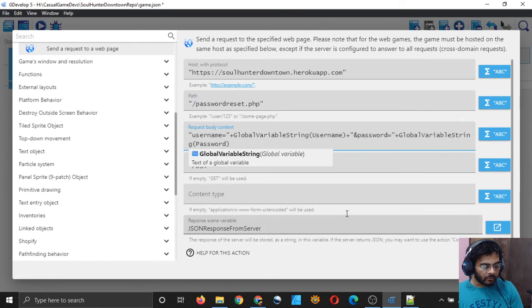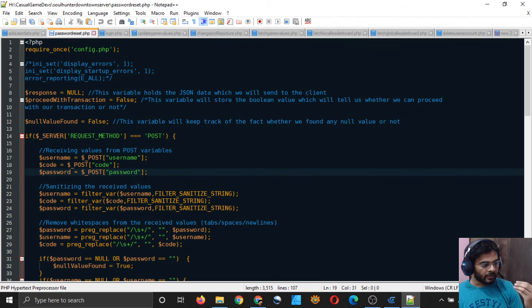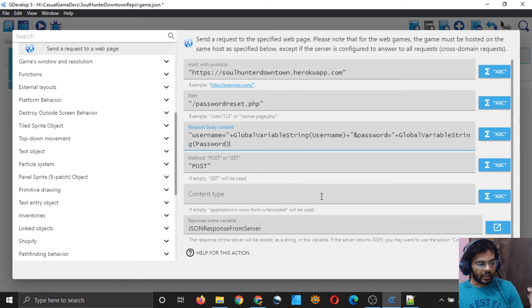And what am I sending to the password reset script? The password reset script wants username, code, and password, right? And I am sending right now username and password. I also want to send code. You can send them in any order. Order does not matter, but you have to send all the things which the script wants.